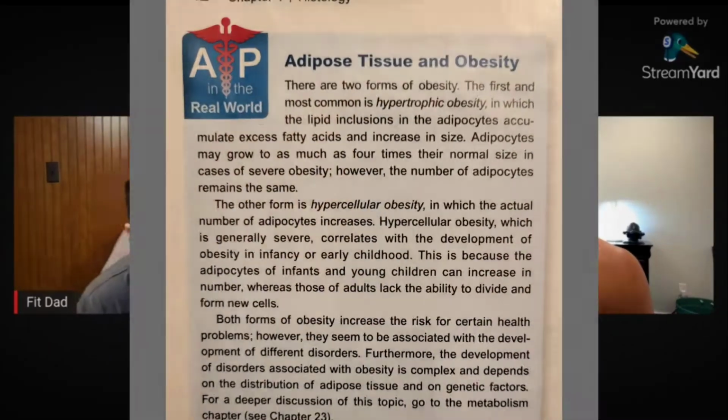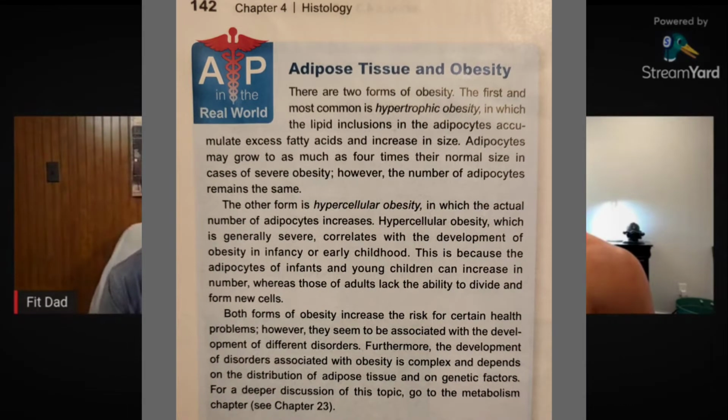And this one says there are two forms of obesity. The first and most common is hypertrophic obesity. And that is what you most likely hear about on every fitness channel. They don't even go into the two different types. They'll go into the different types, and there's obesity and morbid obesity, but I myself have never heard them even mention hypertrophic obesity